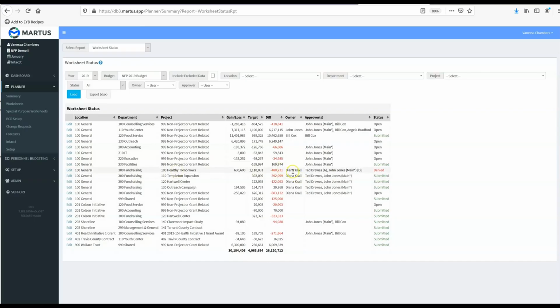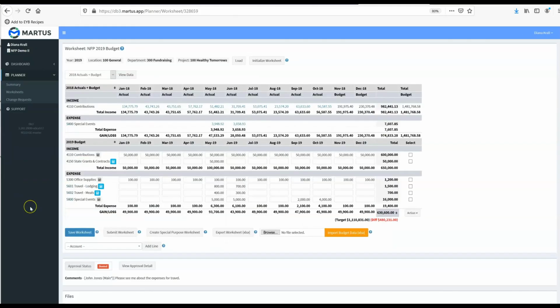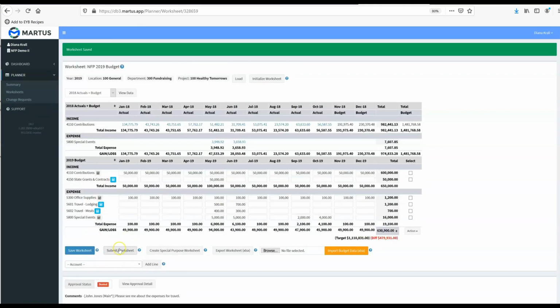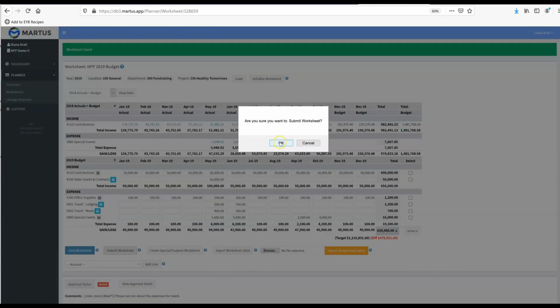We can see the owner. We can see that approver Ted Drews has approved it. John Jones has denied it. The status of the worksheet at this point is denied. The budget preparer can open the worksheet, make changes to it, and then submit it. Again,